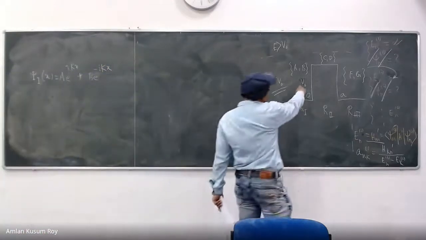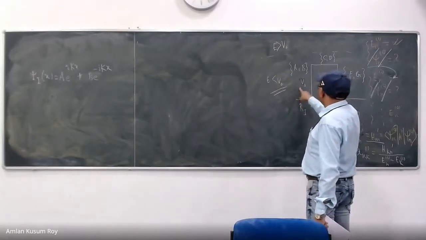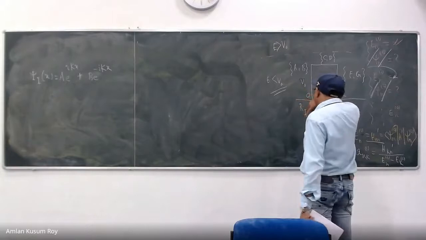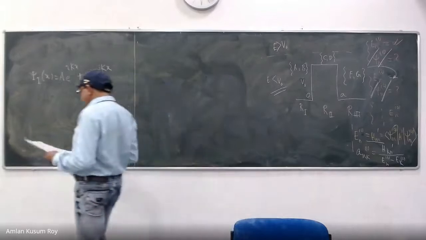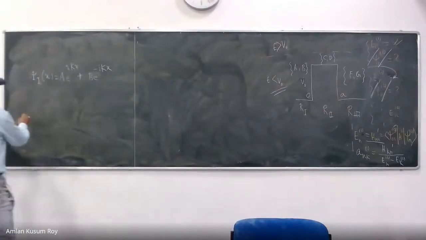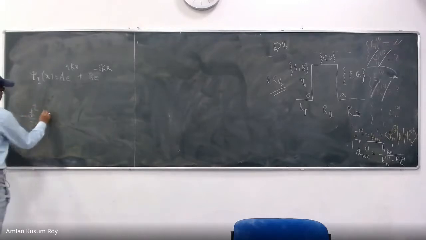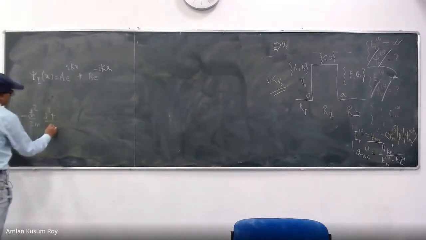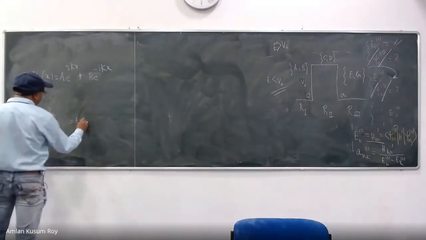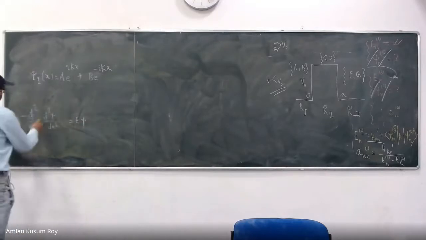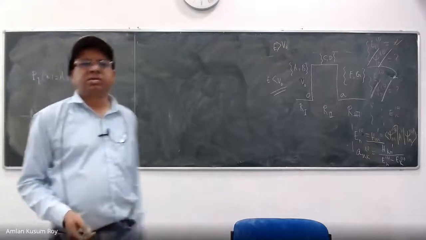Minus h cross squared by twice m d squared psi dx squared. What is V in this region? It is 0, right? In this region there is no V, we can take it as 0. So let us write one of them: minus h cross squared by twice m d squared psi dx squared plus 0 is equal to E psi. If you do this rearrangement, eventually d squared psi dx squared